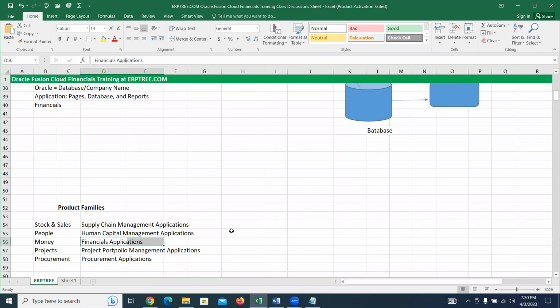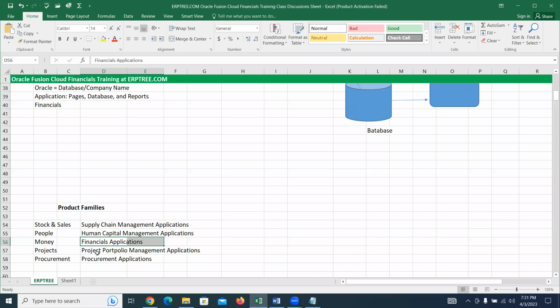Each department, Oracle is providing an application. Which departments are dealing with money related activities in the company, what applications Oracle is providing for those, all you call as financials applications. Which departments are dealing with the supply chain activities, for those departments, what applications are available from Oracle, those we call as supply chain management applications.